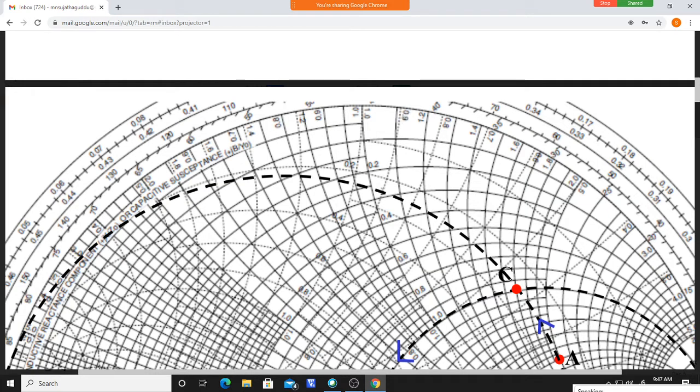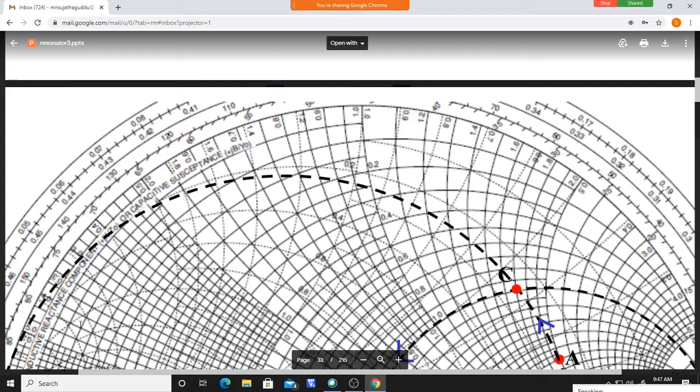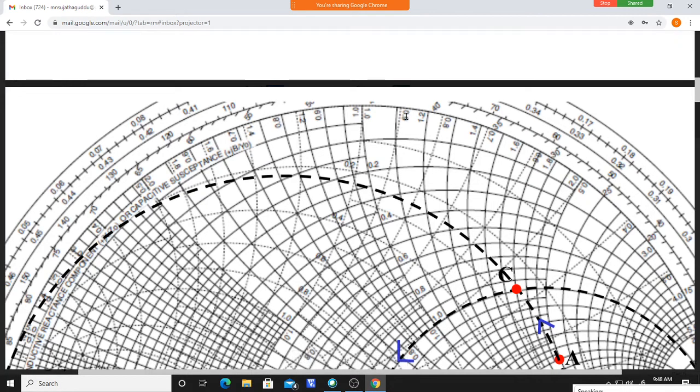See, this is actually inside, which means the circle will be complete like this. This susceptance circle will complete like this. So automatically this value is outside, 0.9. So it is a susceptance value of 0.9, but not a reactance value. What is the reactance value? It is not written here, but you should take it as if this is 1.2, this is 1. Okay, it is 1.1 like that.